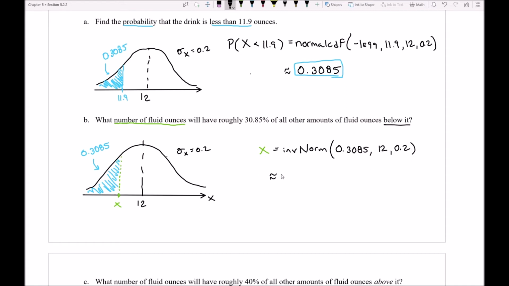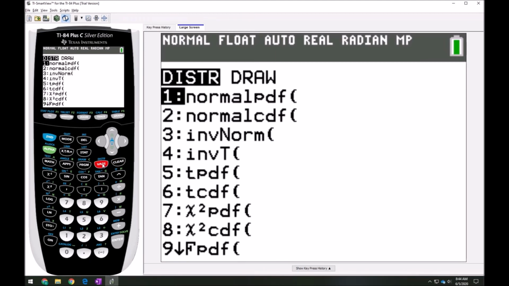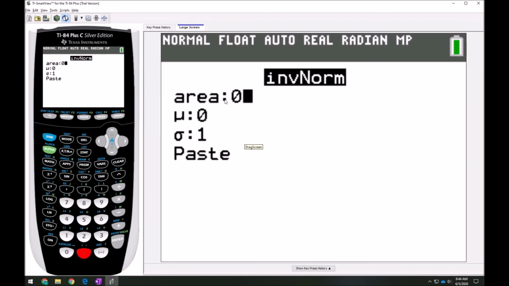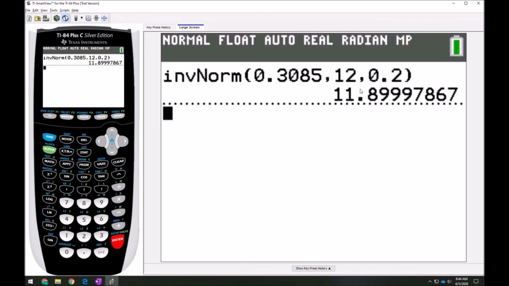Notice that if I go to my calculator now and try to evaluate this, I click second and the vars button again. Option number 3 should have inverse normal. And notice it's going to ask for the area to the left, so 0.3085. The mean was 12 and the standard deviation was 0.2. This is what I have written down on the page. It's also what I'm typing in. And notice that I get